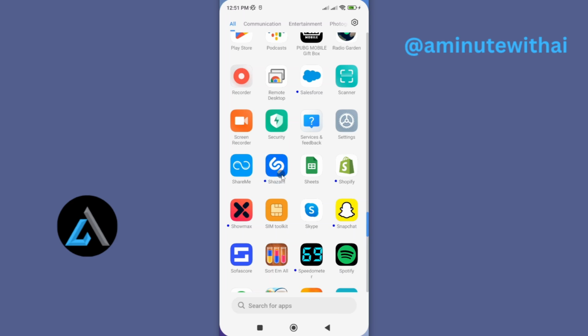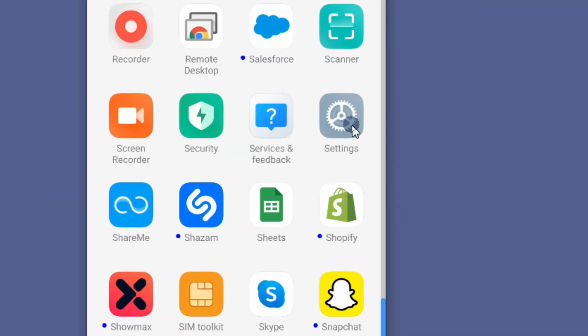Now, if you are receiving a lot of notifications from the Shazam app and they are getting annoying, then it's good to go ahead and stop them once and for all. To do this, you need to access the app information page to be able to stop these pop-up notifications. And you can easily do this through settings. So if I go to settings here